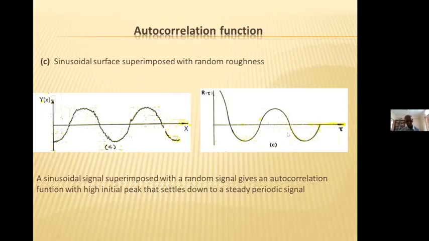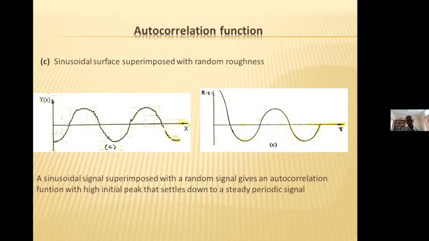So this is a very useful information. If we can find out the autocorrelation function of the signal and it gives like this, then we can assume that it's a sinusoidal surface with a